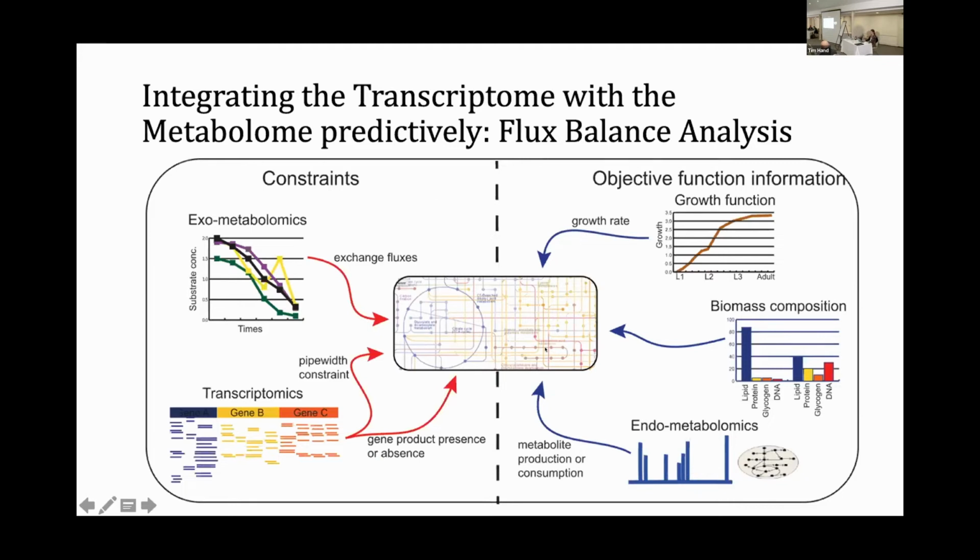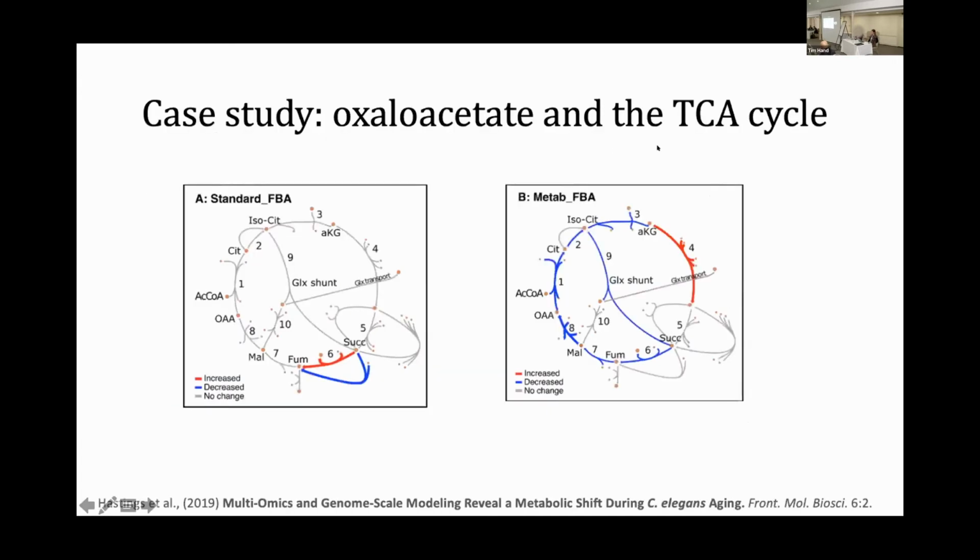And this is a method known as flux balance analysis, and it's one of the, let's say, more dynamic ways to integrate the transcriptome and the metabolome. And what we found when we did this was that if you take just the transcriptome, which is the kind of standard way to interpret, let's say, omics data with this type of mathematical model,